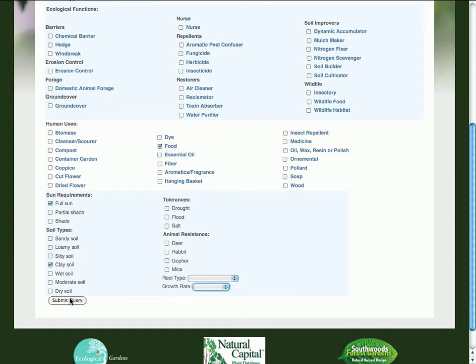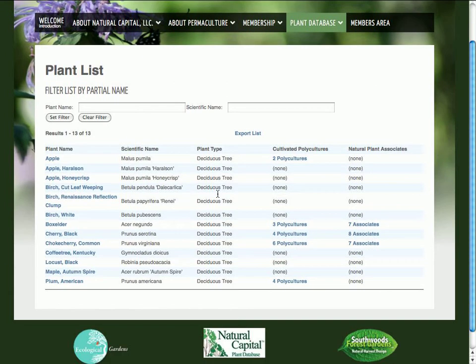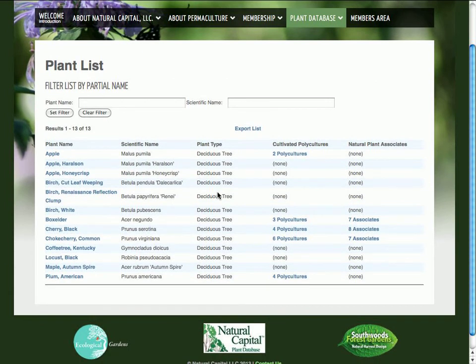We go down to submit query, and abracadabra, here we have the trees in zone 7 that have edible food and in clay soils. Now, a different soil would make a different list, but these plants are specifically full sun plants in clay soil, in a pH of 7 and in zone 3. If it was in zone 4, of course, the plant list would probably be longer, but these are zone 3